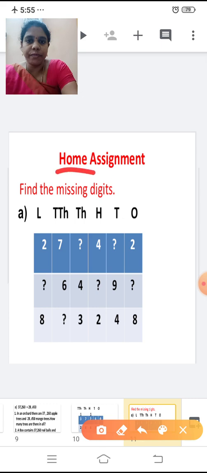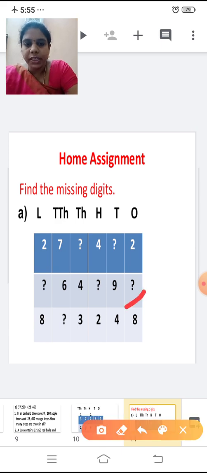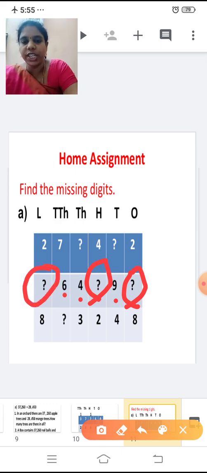Now one homework assignment for you. Missing digits. You're going to find out the missed out digits. I'll read: 2 in the ones place, and this number we are going to find out, and 4 in the hundreds place, again the thousands place you're going to find out, and in the 10,000 place we have number 7, and in the lakhs place we have number 2. And next is the second number: this ones place you're going to find out. And next we have 9 in the tens place, and this hundreds place we are going to find out. 4 in the thousands place, 6 in the 10,000s place, and the lakhs place we are going to find out.